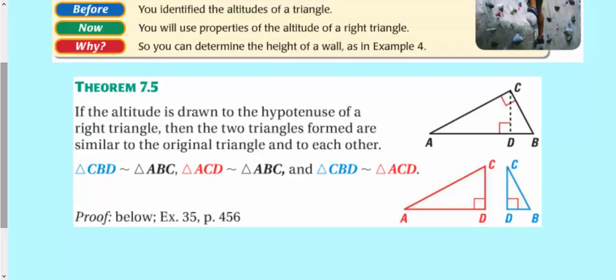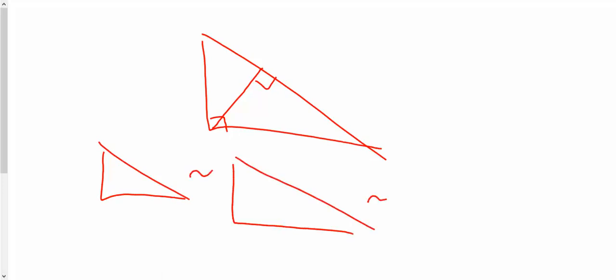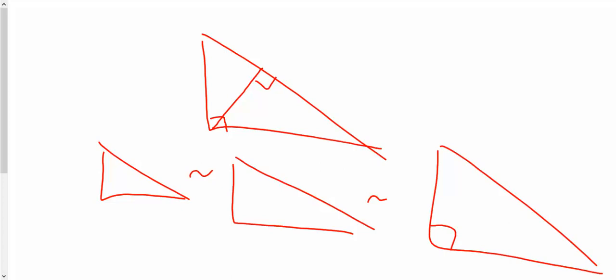If the altitude is drawn to the hypotenuse of a right triangle, then the two triangles formed are similar to the original and to each other. Okay, so what we have going on here is a right triangle. I'm going to draw a picture here. I have a right triangle, and if I draw the altitude from the vertex to the hypotenuse, it creates three similar right triangles. The original one is similar to the two that are created,